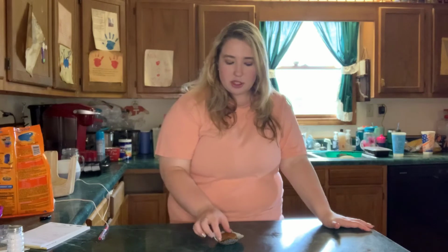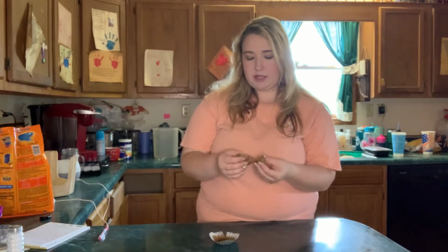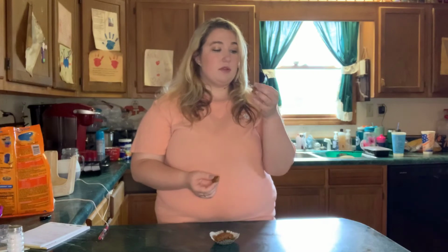So you can kind of taste the cocoa in it. It's actually pretty good. Definitely though, if you wanted it to be more like chocolate banana bread, probably add about maybe a half a cup of cocoa. Because I mean, I could taste the cocoa, but it's more of an afterthought that it's there. So maybe if you put like a whole cup in it, but it does taste good, and definitely it makes muffins, so